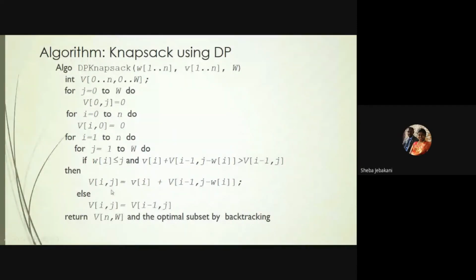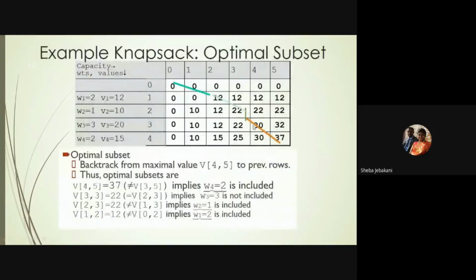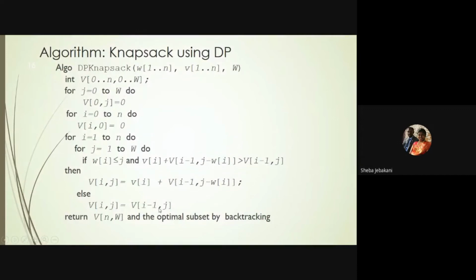So there are three cases here. One is my ith value: if I'm selecting it, the profit that I get should be greater than whatever I already have. Then I can use this formula to add. If, when I'm selecting the ith value, the profit is not greater, like we saw for V3 in the previous slide, over here for this 3 comma 3, the profit was not greater at all. So we chose whatever was previously there as it is. Same way, if that is the case, I have to take this one itself. That is why you have two conditions here.